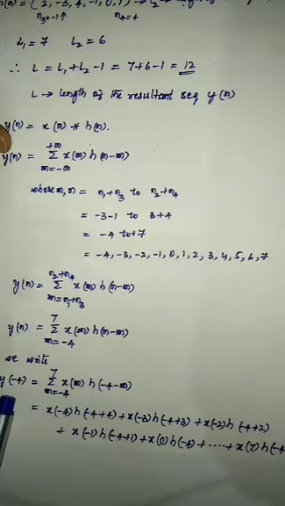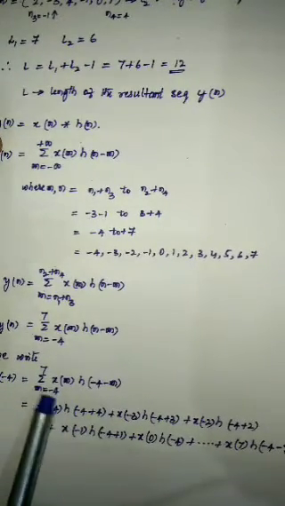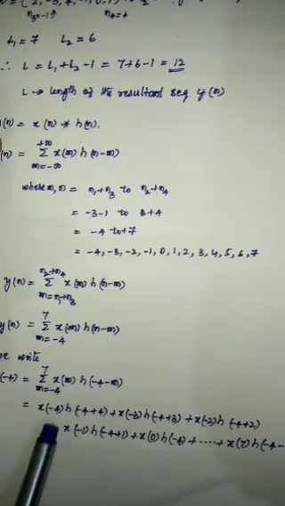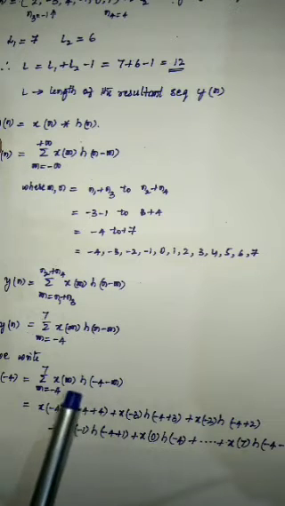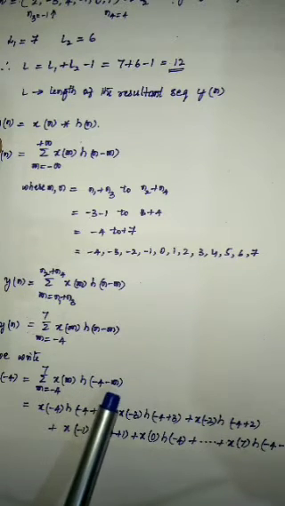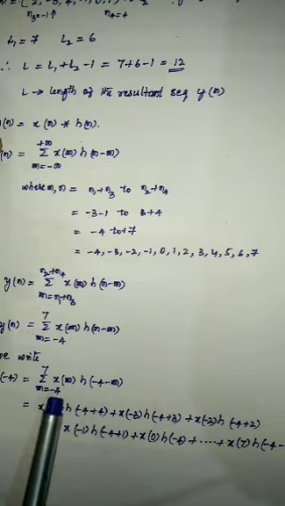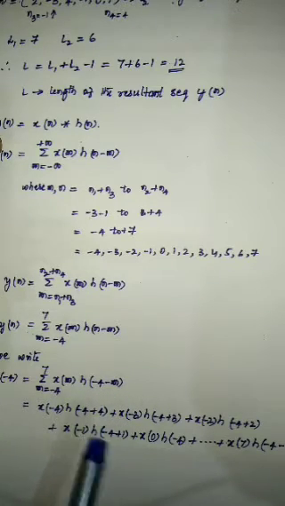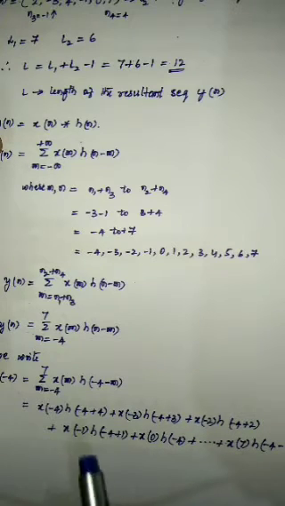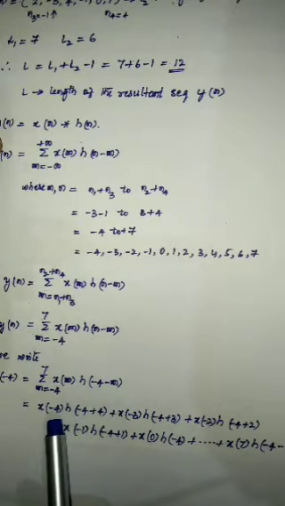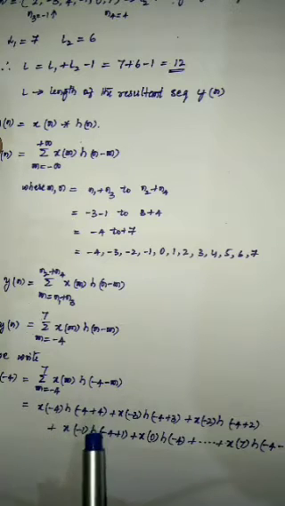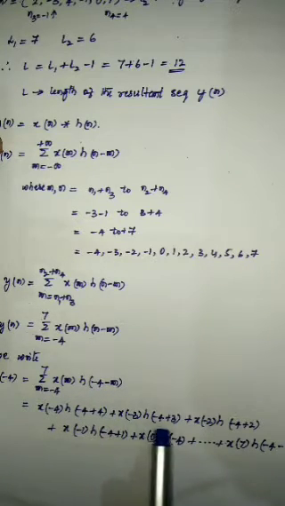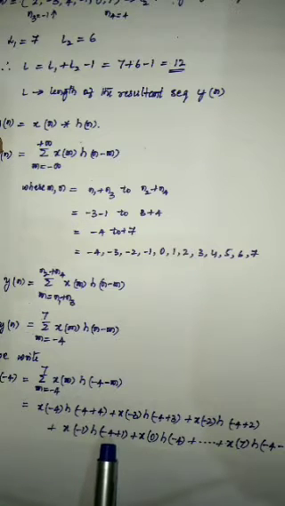Therefore, starting from the first time index, that is y of minus 4, where m is also varying from minus 4 to plus 7, upon simplifying it we will be getting x of minus 4 into h of minus 4 minus m. Upon substituting the value, the limit for m, m is equal to minus 4 for the first time, because it is the lower limit. Minus into minus 4 becomes plus 4, and it keeps on continuing as such, right? Therefore, x of minus 4 into h of minus 4 plus 4; this minus 4 here remains constant for all the parameters of h, right?